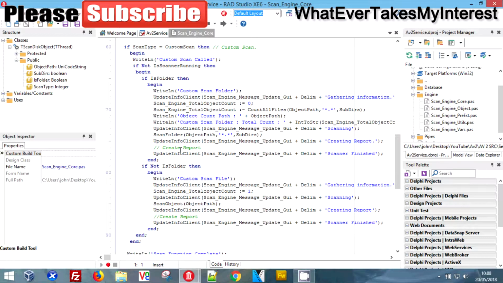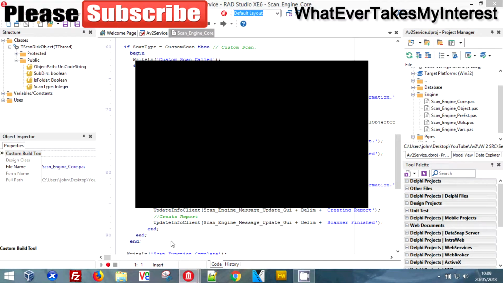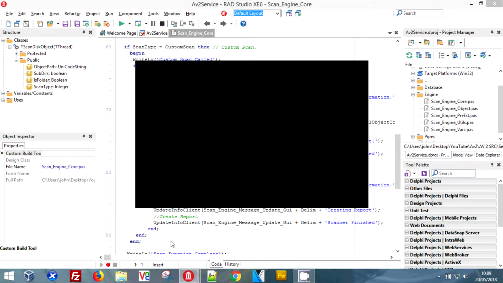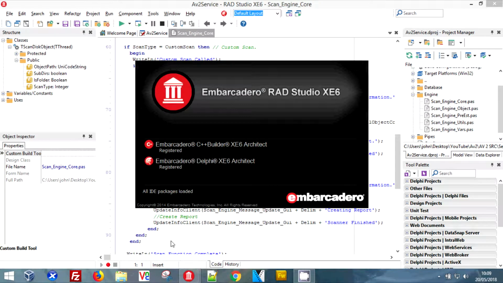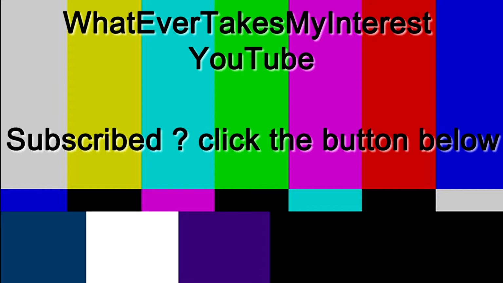So once Delphi opens another client, I am already running 3, and I do have the recording software running at the same time, so it might not work particularly well. Alright, so if I browse to the old folder